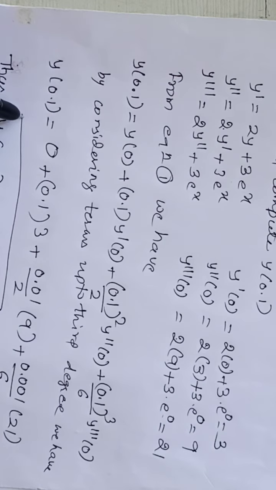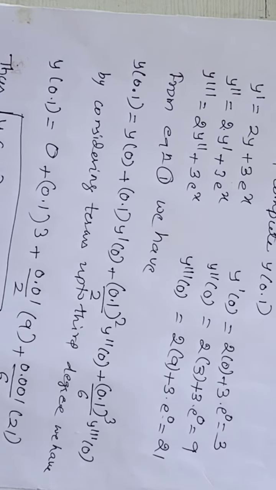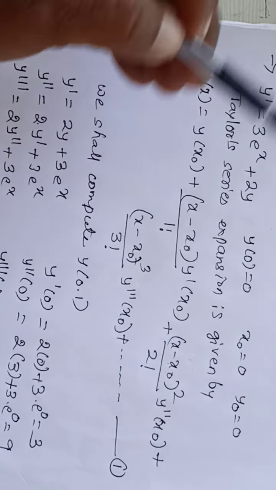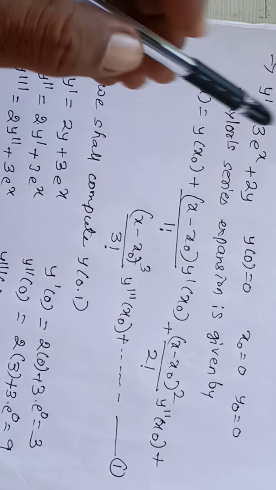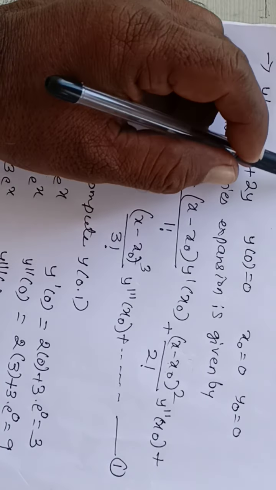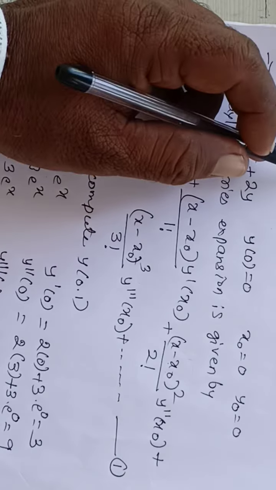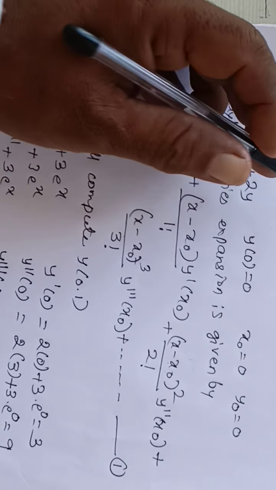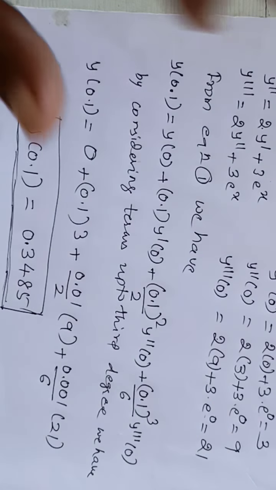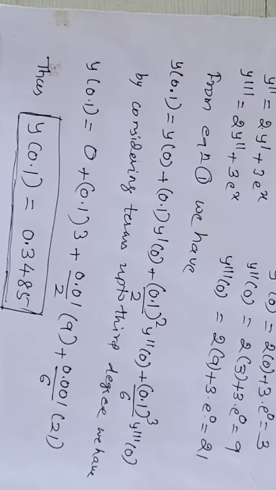In latest VTU examination they asked this one. What is that? The term containing e raised to x. Similar type of problem they are asking every time. One term they are changing. If it is 2y, they will ask 3y. Here, if it is 3, they will ask 2, or simply they will ask e raised to x. So students be careful here. If you learn this single problem, that means 3 problems we have solved. So you can solve the problems based on Taylor's series.